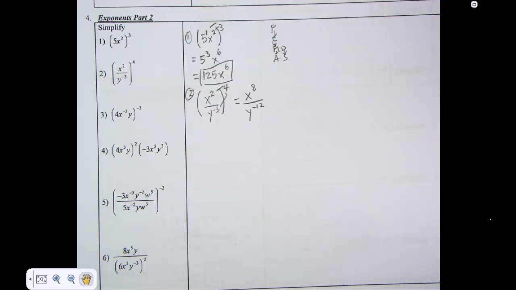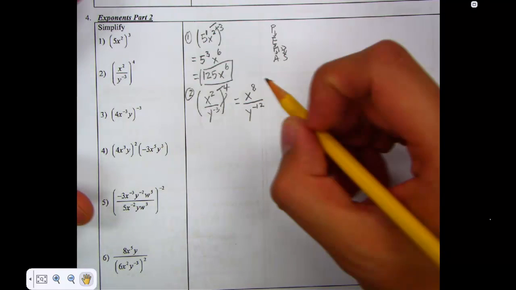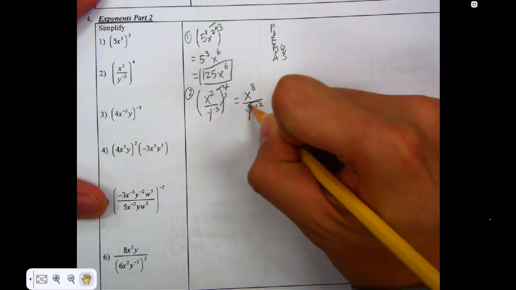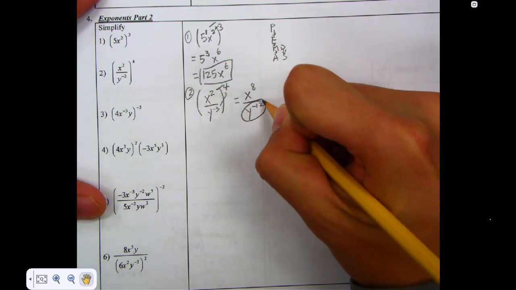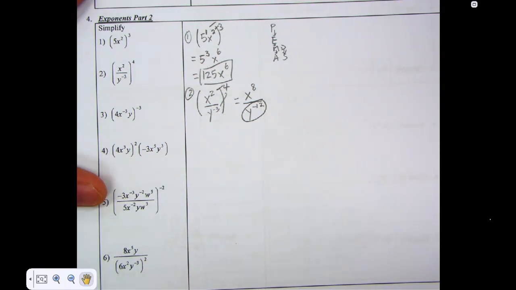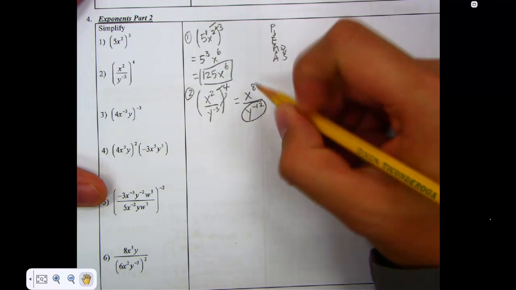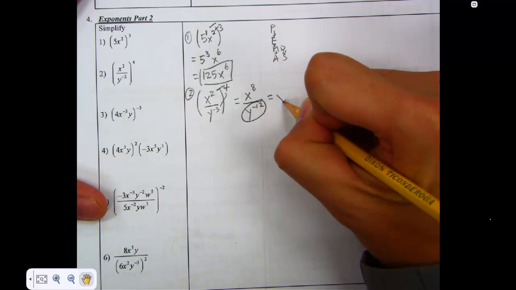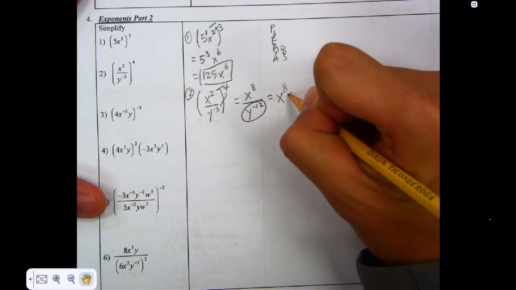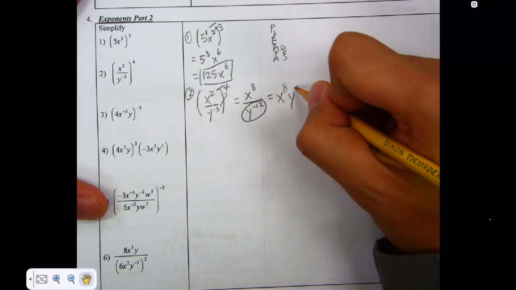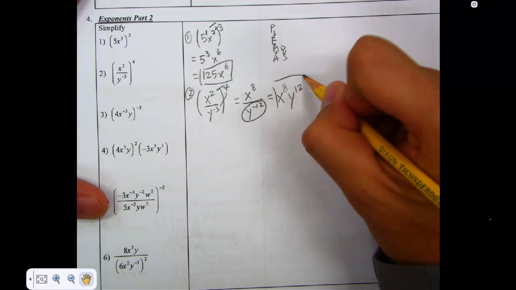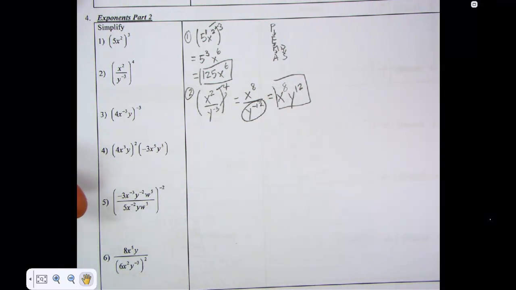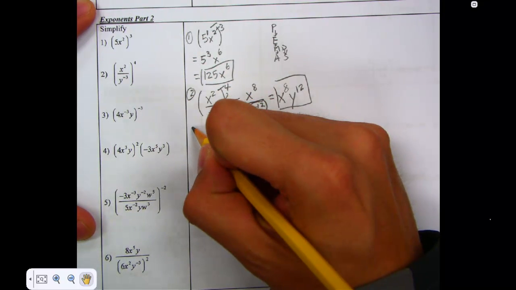Then I'm going to look for my negative exponents. I'm going to circle them. So this power has a negative exponent. So since it's on bottom, I'm going to bring it to the top, and the exponent becomes positive. So this is going to be x to the 8, y to the 12. And that's your answer. There's nothing else to do. Number 3,